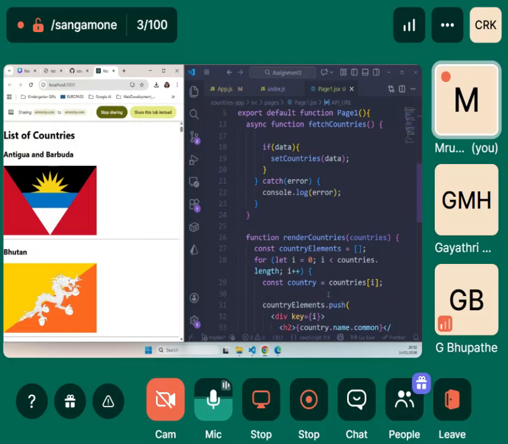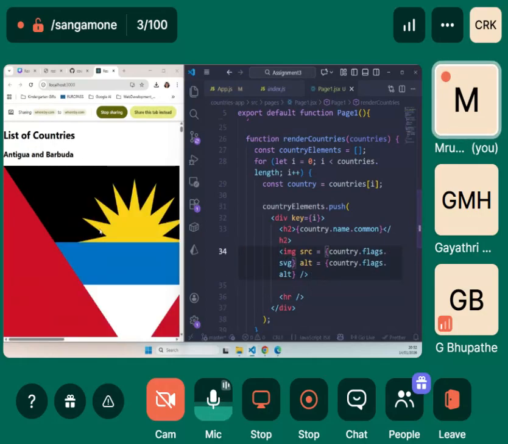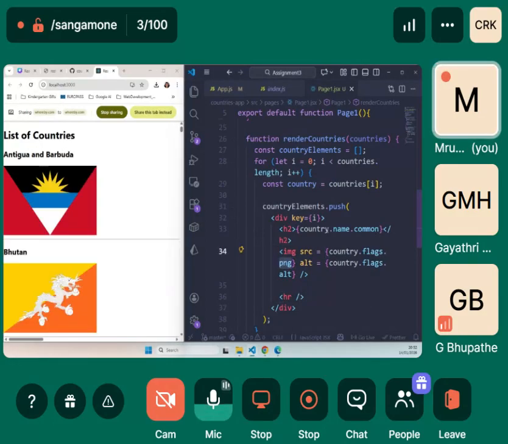Okay. If you still want some more things, you could also say here, instead of PNG, you can also say SVG. Okay. It becomes an icon, but it is too huge. So let's not do that. Okay. We want it to be visible to us. So now everything is on the left side of the page. We want it in the center to look nicer.